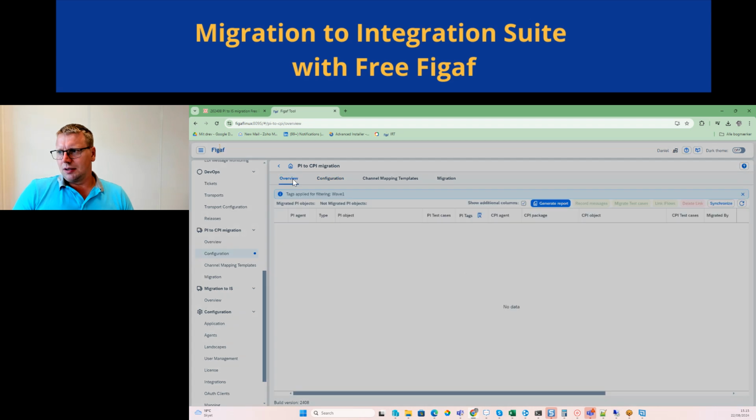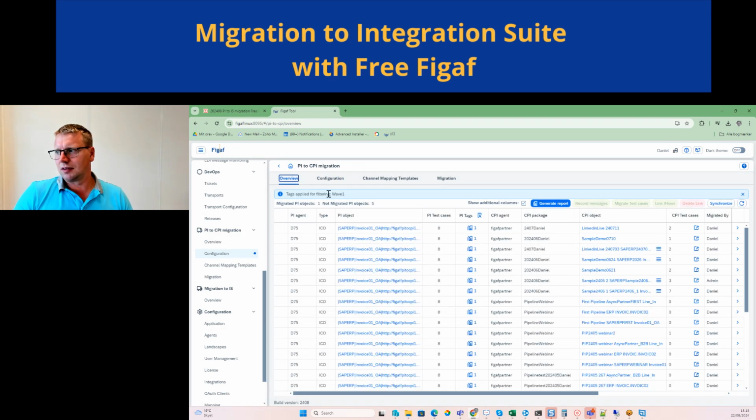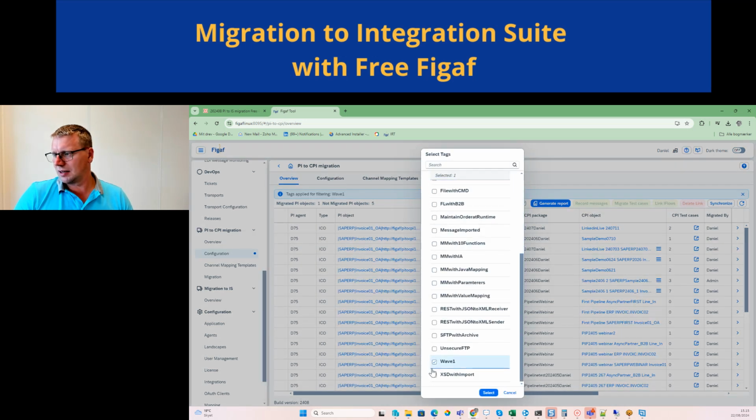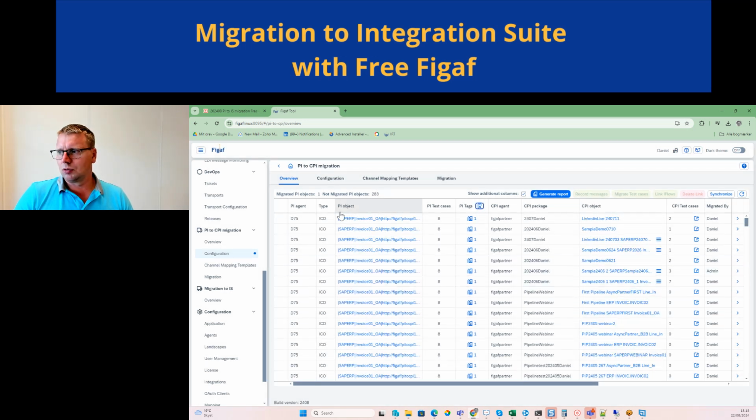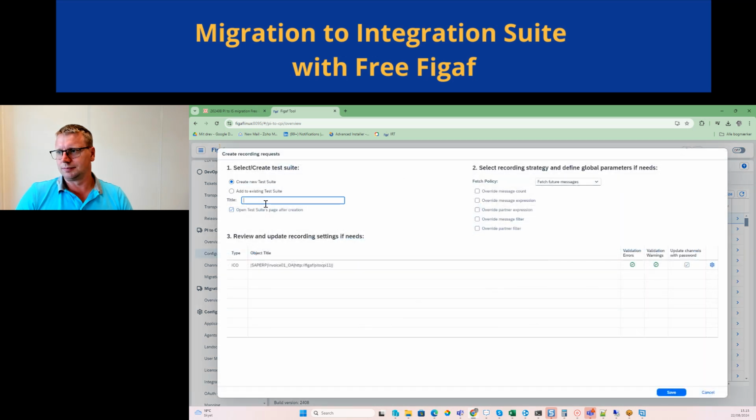Once that's done, we will get this list out here. And right now I have gone into my tags column and said we will just use the one in wave 1. So I can go to all of my objects, filter out these, and then add them to a specific tag. So if we want to create a new test case, I click here on an ICO, I select record messages, demo line,